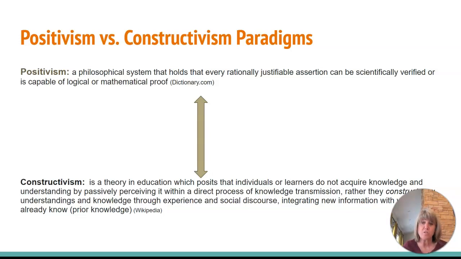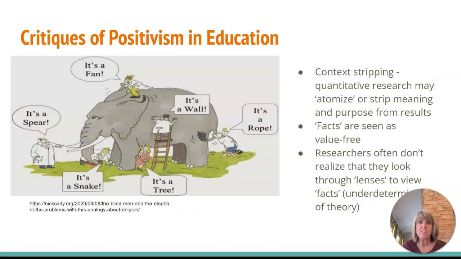So this is very powerful in the social sciences, especially because when you think about it, proving that you can split an atom versus proving that there's such a thing as school, or if school is good for students, are questions that both can be researched, but maybe the stance required might have to be a little bit different in those cases. So positivism in education was the standard for research through most of the first part of the 20th century, and then it went through a shift in kind of the 1970s where people started saying, well,